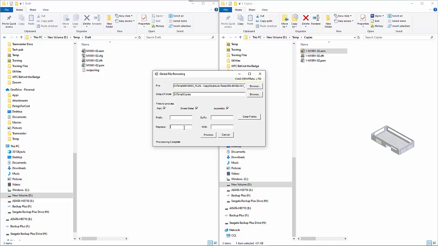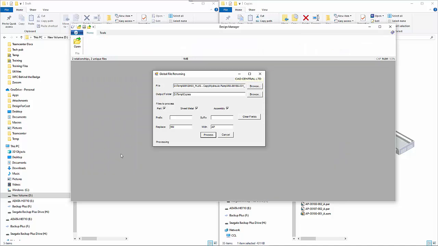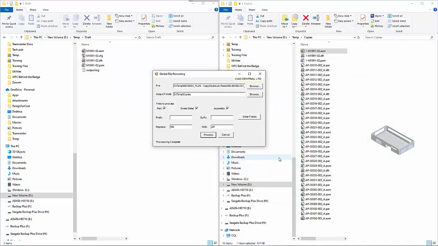and I'm going to change the MM to AP and then go process on that. And again, you'll see it open Design Manager. You'll see that it's a lot more complex, but the process works really quick, and you'll see all the parts